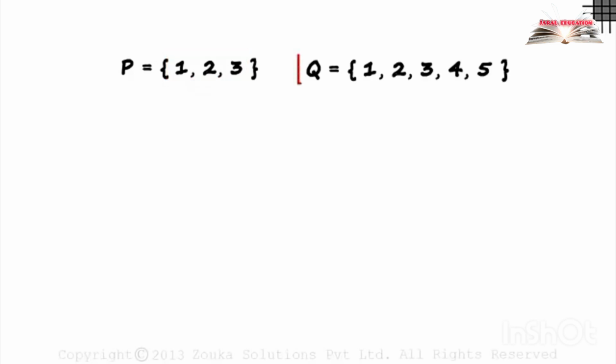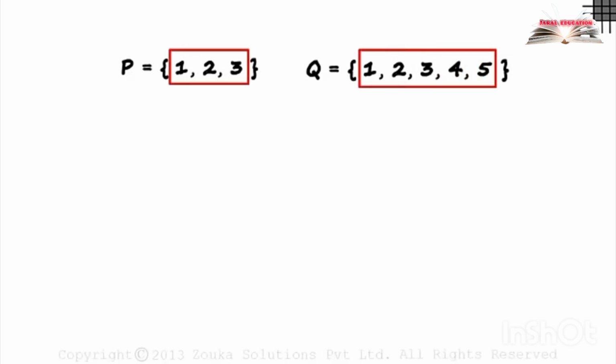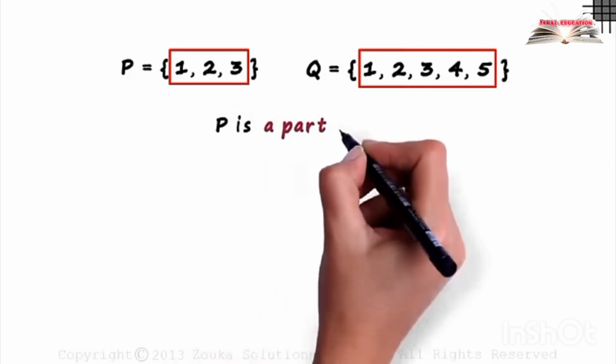We look at just two simple sets in this video. Set P, which has 1, 2 and 3 as its elements, and set Q, which has 1, 2, 3, 4 and 5 as its elements. Understand the elements well. This has 1, 2 and 3, and this one has 1, 2, 3, 4 and 5. This is a part of this,